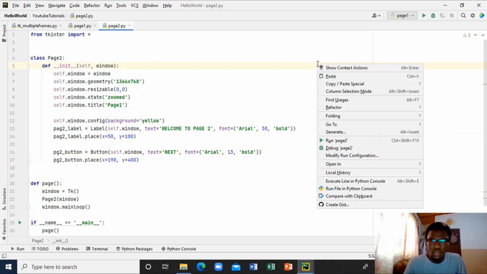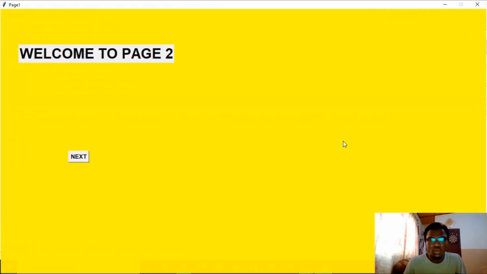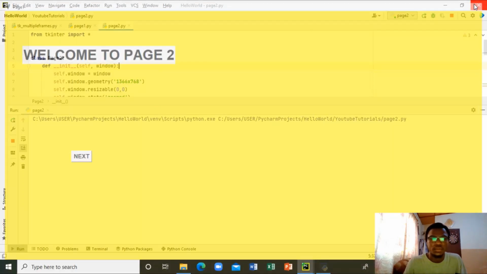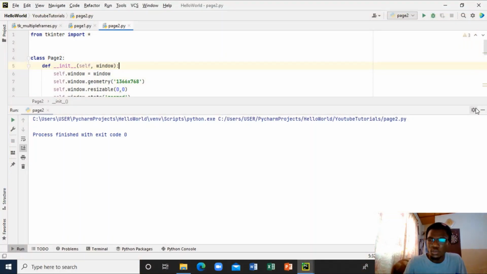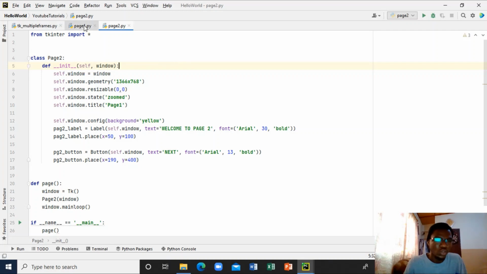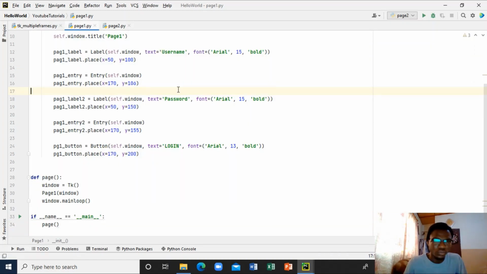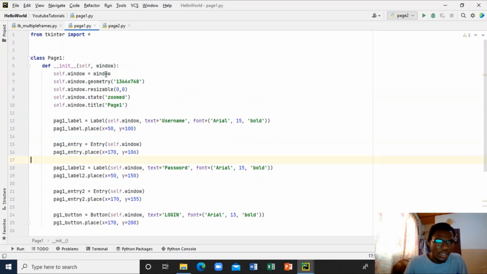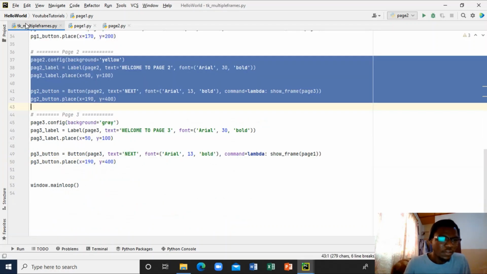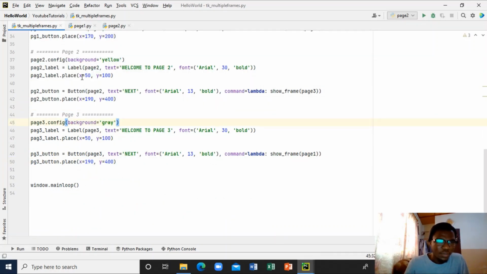Okay, so let's set the page 2. Okay, here's the page 2 as well. So let's go back to page 1 and try and link page 1 to page 2. I hope you are getting the difference here. So the difference here is that this page 1